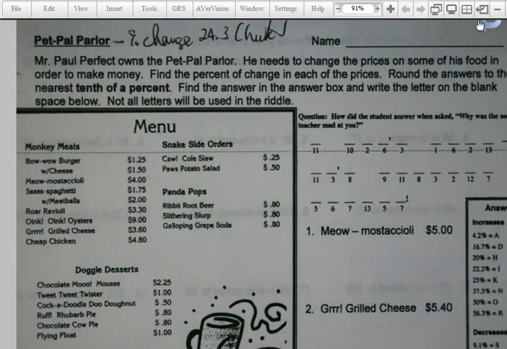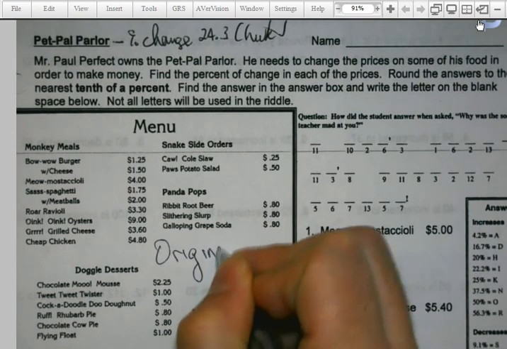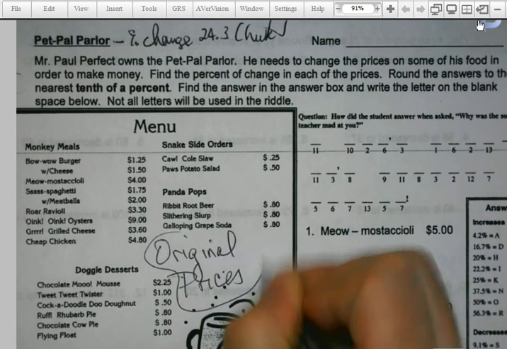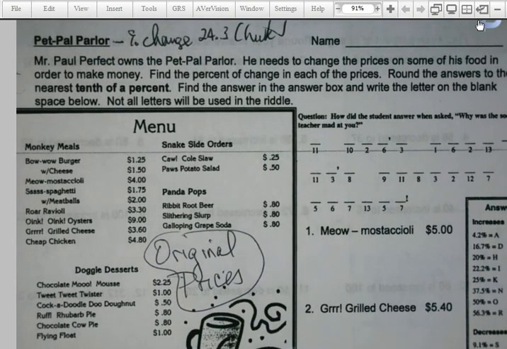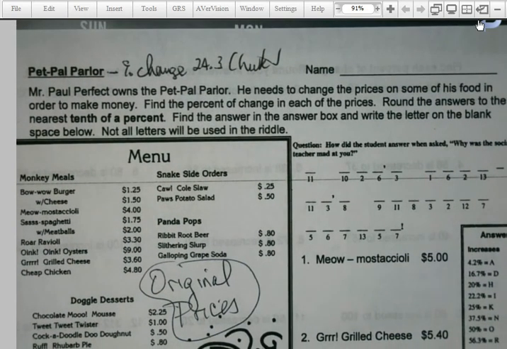The prices on the menu that you see, these are all original prices. Because it's going to be asking you for percent of change. So when I'm doing all of these, I'm still going to be doing